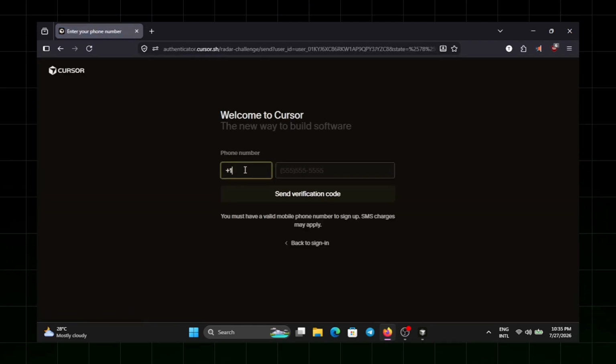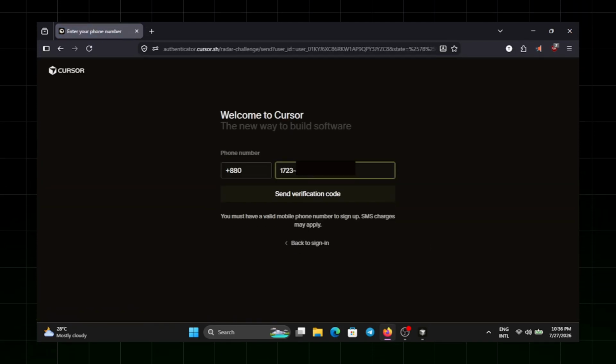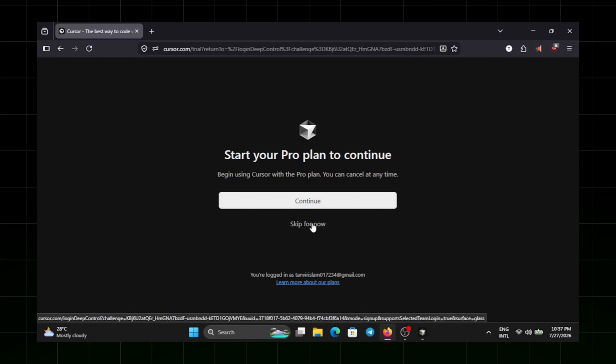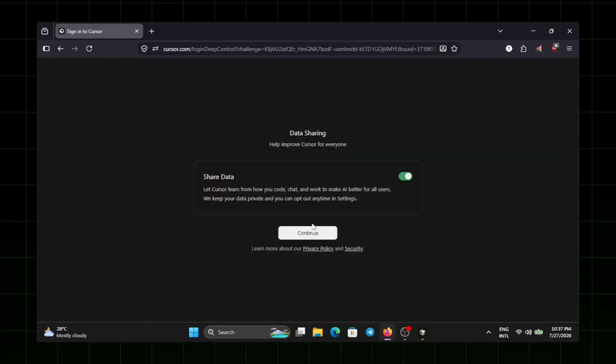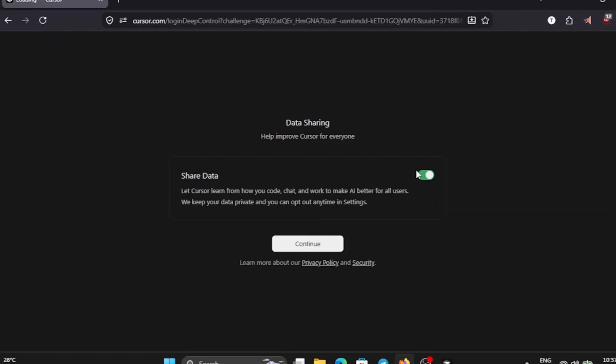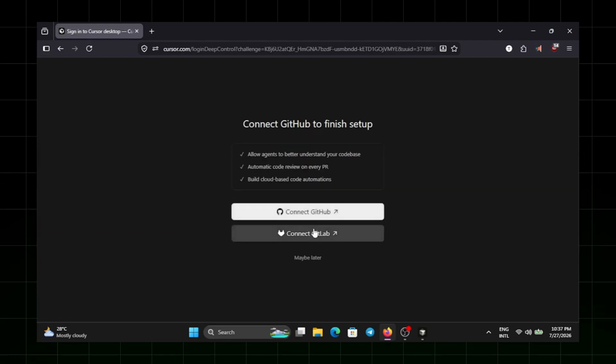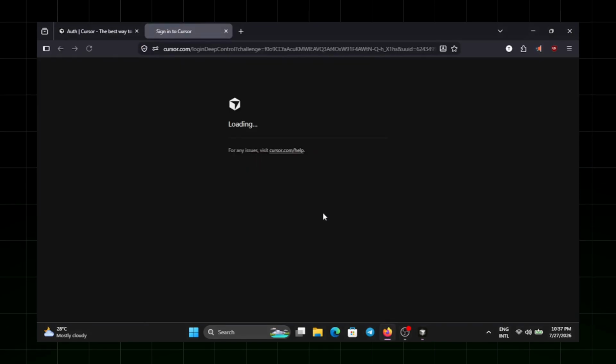Next, you will be asked to verify your identity. Just enter your mobile number and complete that quick verification step. Right after that, you will see a prompt regarding data sharing. For this setup, go ahead and toggle that option off. This is a highly recommended practice for privacy, ensuring your personal code or client projects aren't used to train public AI models. Now that we are officially inside the Cursor workspace,